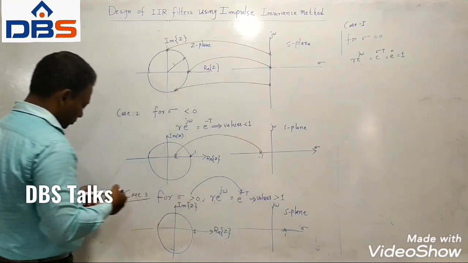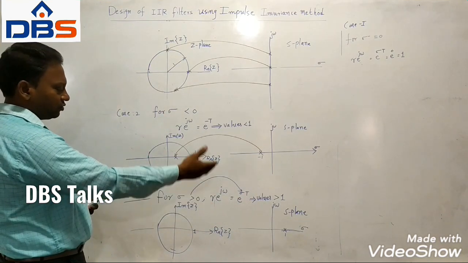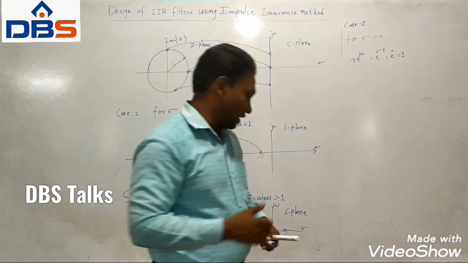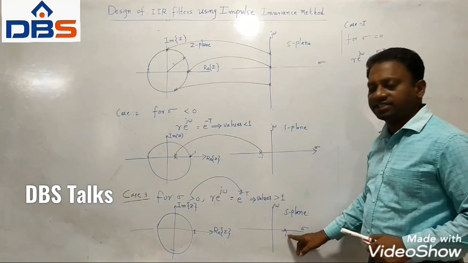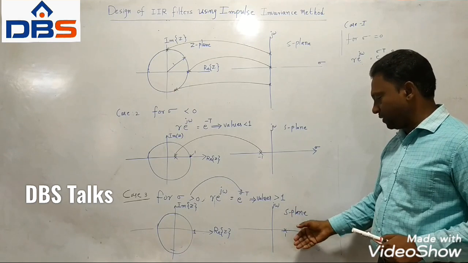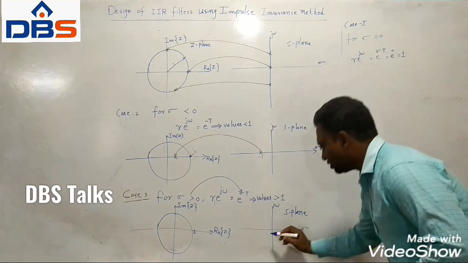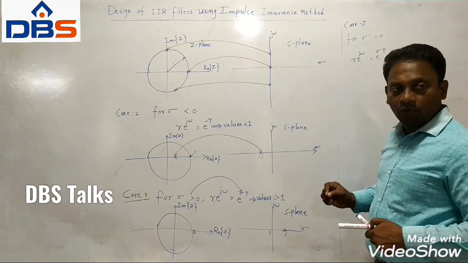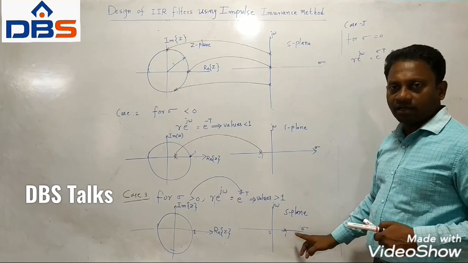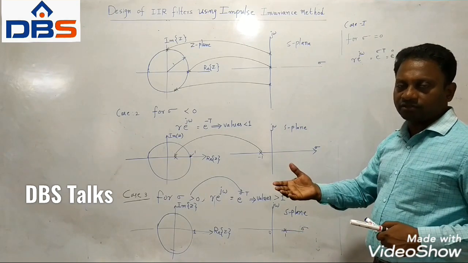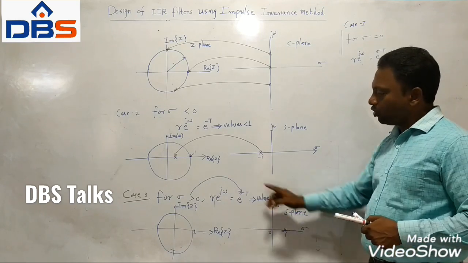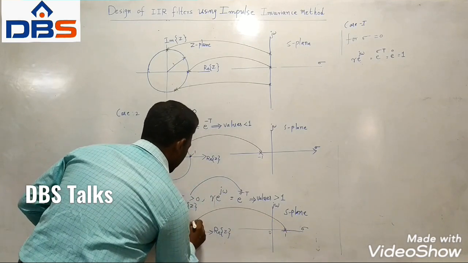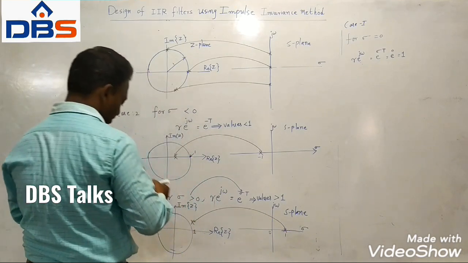Now whenever we map a pole from the analog filter transfer function to the digital filter transfer function, consider the S plane with its origin, right hand side and left hand side. When a pole is located on the right hand side of the S plane and we convert it into the digital filter transfer function, that pole is mapped to the outside of the unit circle. The pole may be located somewhere here.